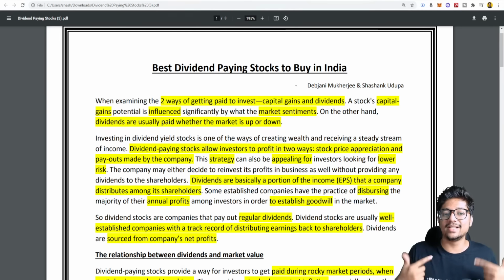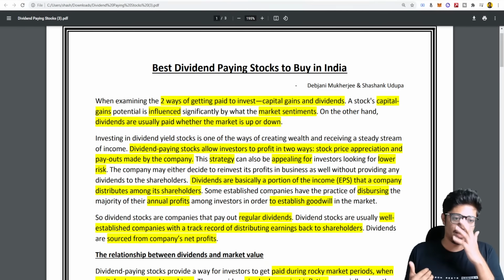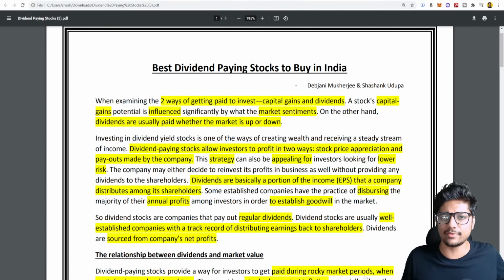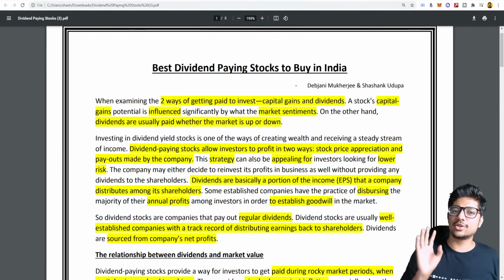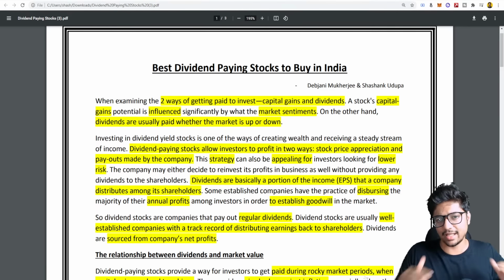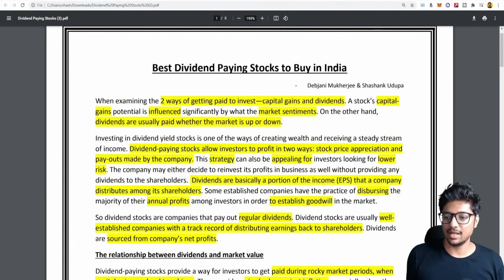So that is why the dividend investing strategy comes in at that point. What is a dividend strategy? Basically, I have a lot of money, maybe a crore or 2 crores that I've built over my lifetime. Maybe I'm 60 now and I have 1-2 crores in my bank account. And my only job right now is, boss, don't let my capital erode. Let my capital stay almost the same, but I want some nice money in my bank account. Passive income is what I want. This is called passive income.